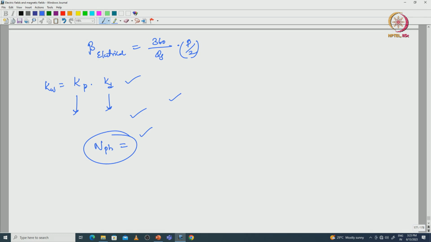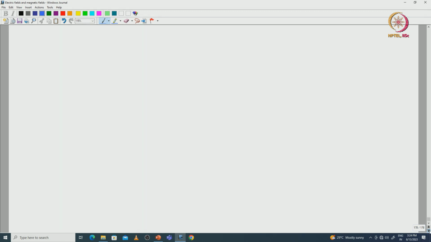Kp into Kd. After substituting Kp and Kd in the voltage equation, we can find the number of turns per phase. Once the number of turns per phase is calculated, we can select what type of coil with respect to the SWG data, and what is the area of cross section, and different copper weight and copper volume and resistance of the coil, all those things we will calculate. Before going to that, we will discuss an example with respect to the